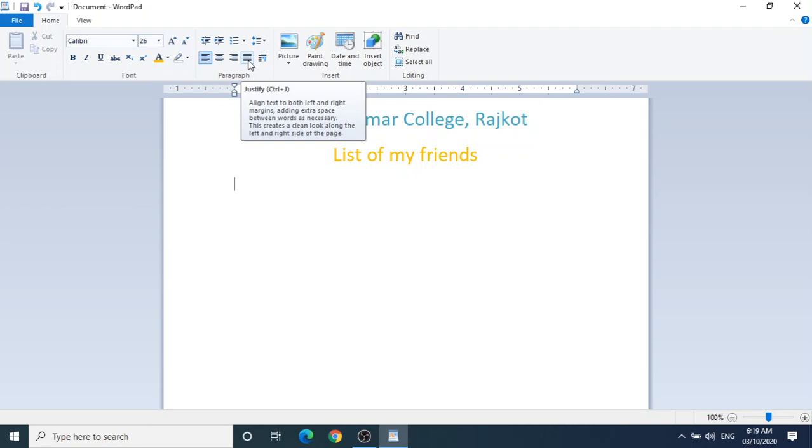Okay, now alignment means arranging properly. Okay, left, right, center and justify. These are the 4 alignments. You can do it on your paragraph or your text. These are the font and text.